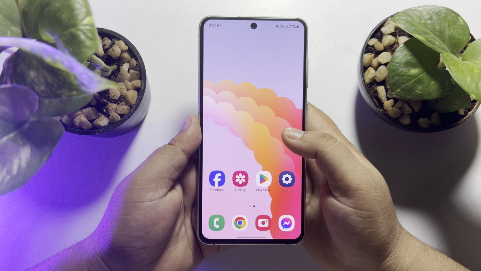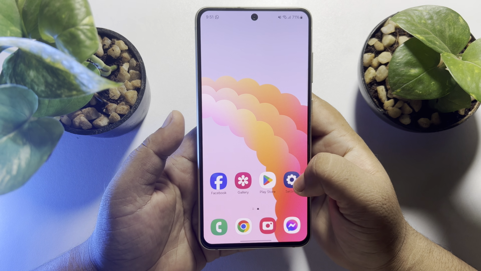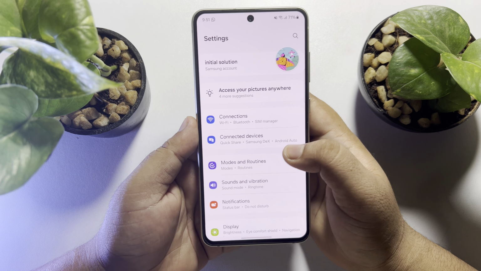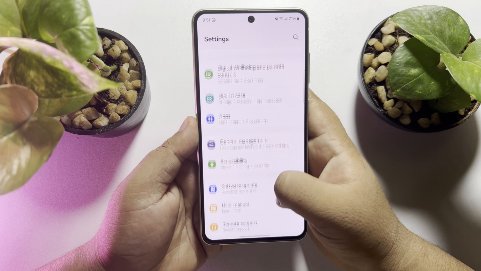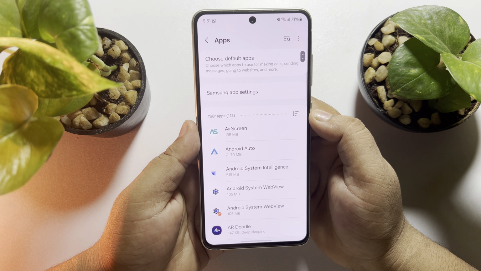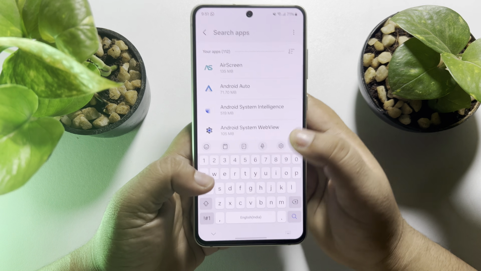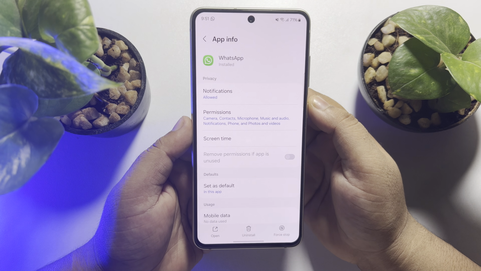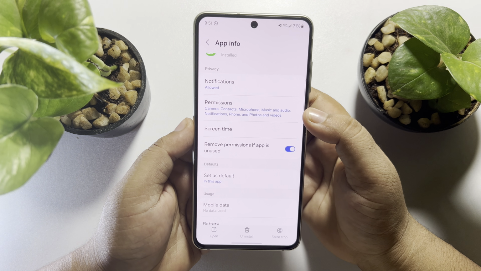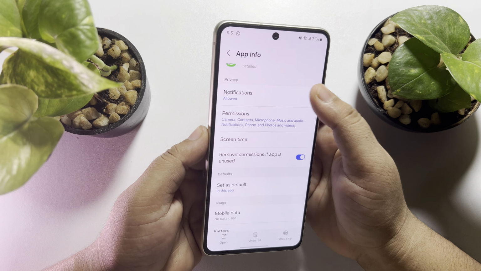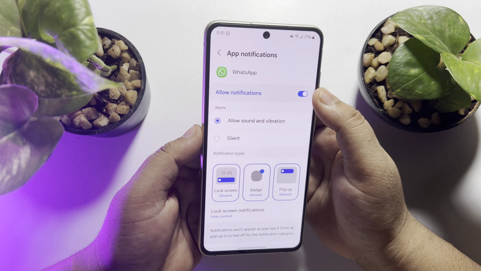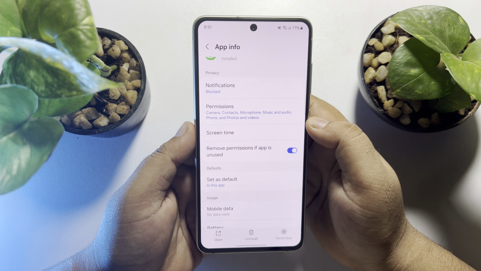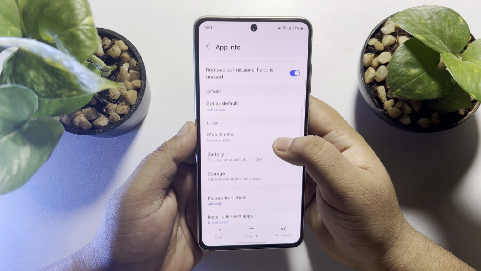First of all, on your Android phone, open your settings app. Once you are in your phone settings app, scroll down and tap on apps. Now tap on the search apps icon and search for WhatsApp. Now tap on WhatsApp. And here, first of all, tap on notification and make sure to disable notification for your WhatsApp app. Go back from this page and now tap on